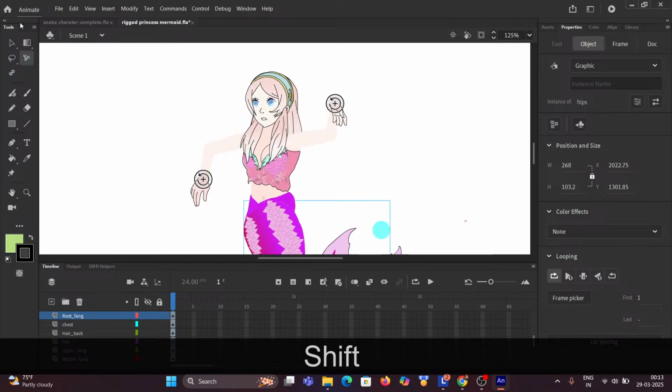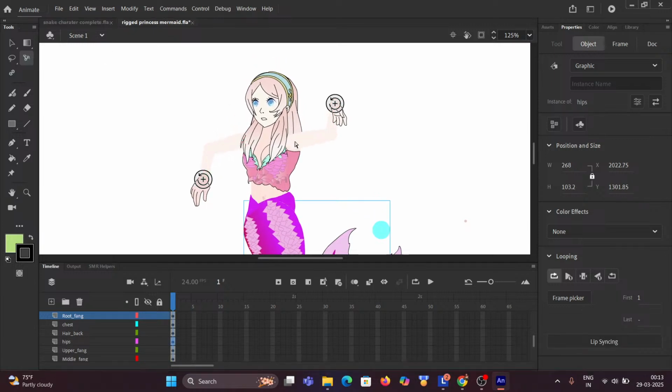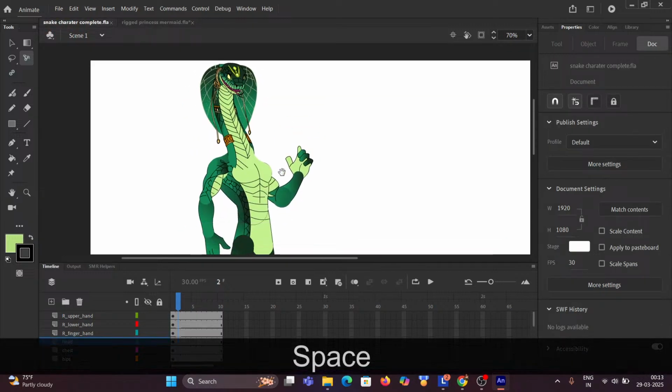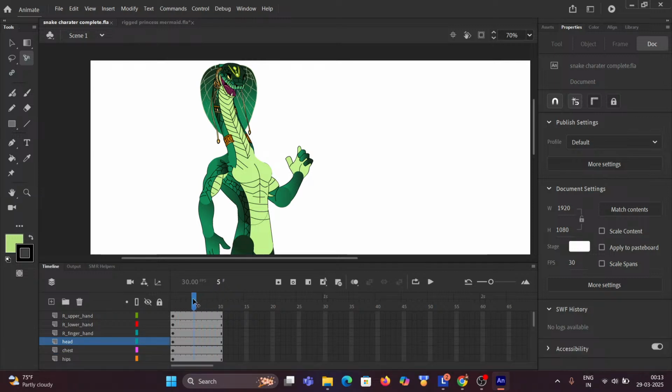So we will do all of these things on this character, but first we need to rig this character. In next video I will show you the complete process how you can rig your character, and then we will